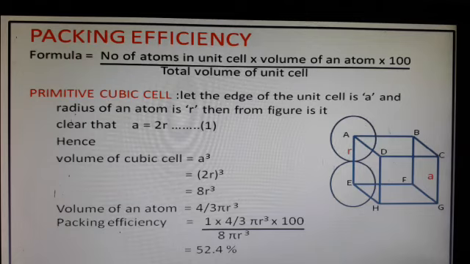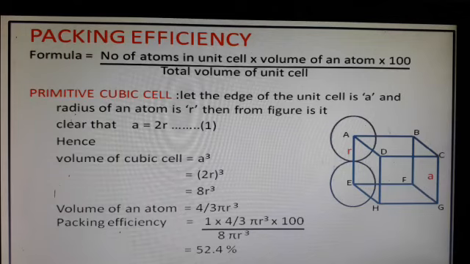we have studied in my previous video, there are three types of cells: body centered cell, primitive cell and face centered cell. And we have also calculated total number of atoms in three different types of cells. In primitive cell there is only one atom. In body centered there are two atoms. In face centered there are four atoms. So if in a cube 1, 2, 3, 4 or so on atoms are present, then packing efficiency means